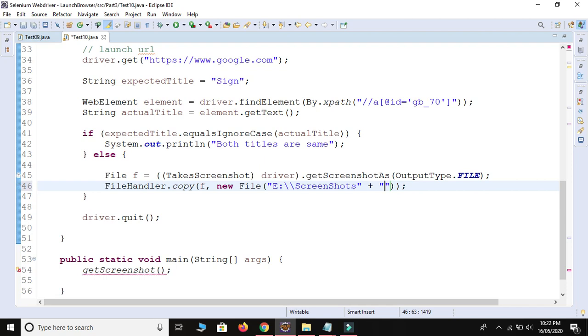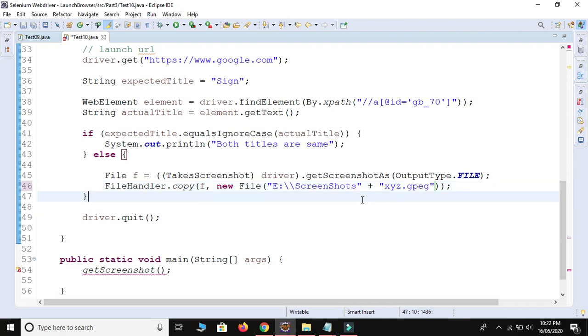The image should be in JPEG format. And I will provide the name. Means inside the E drive, inside the screenshots folder, it will create one file with the name XYZ and type is JPEG.